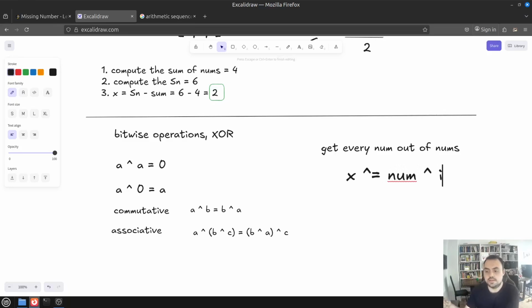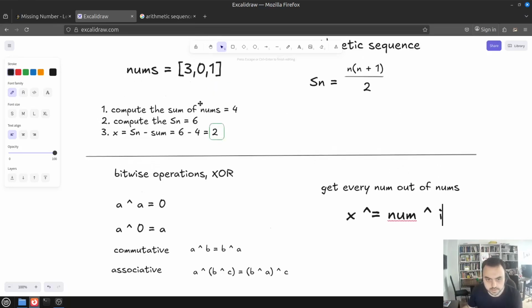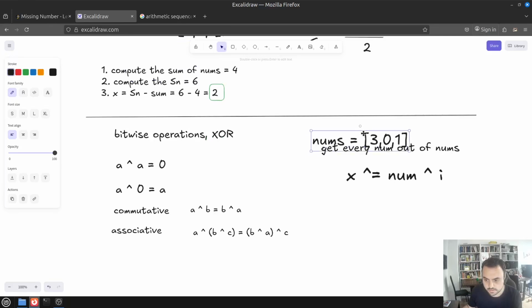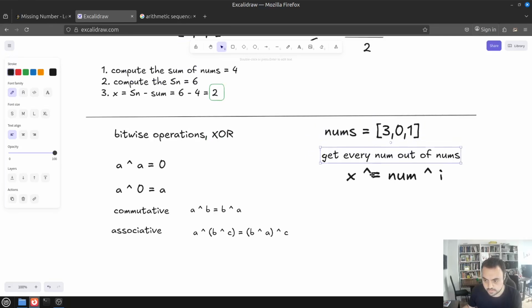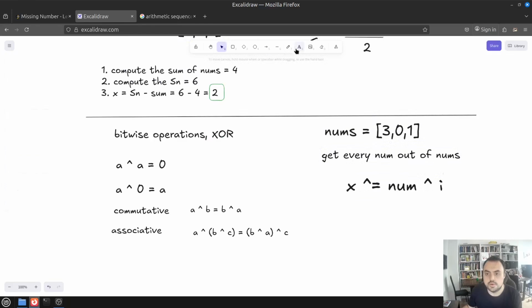And what will we get here? Let's move it here like this, and we will get